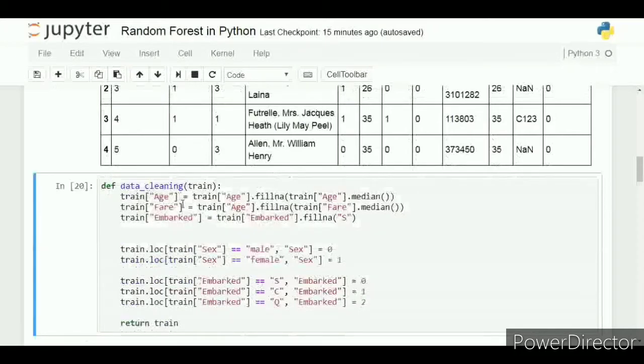We are writing a function data_cleaning. We are giving the data frame as the input, and we are accessing the age column of that, and we are filling those missing values with the median values of the train age variable. Similarly, for the fare,